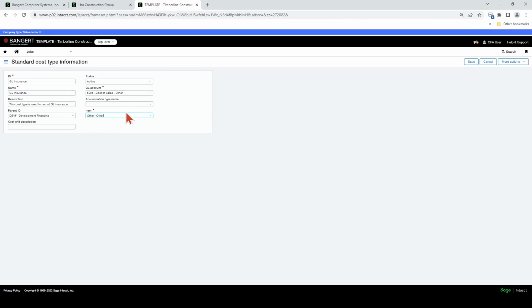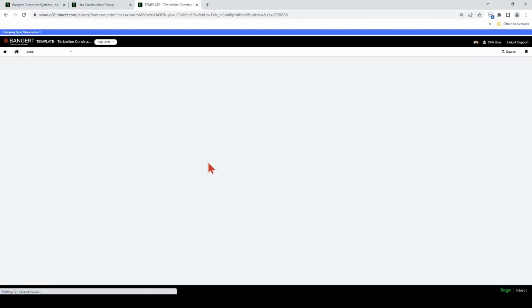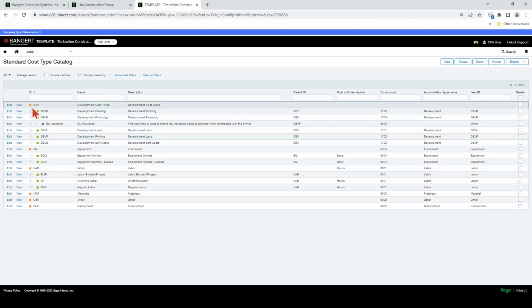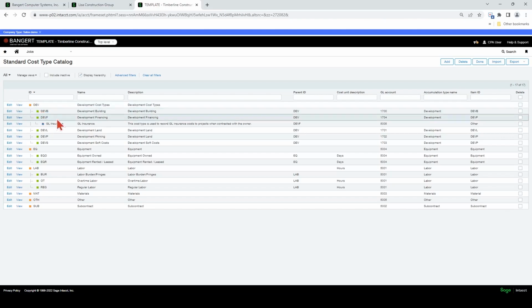Let's save this and see what this does. I put it to development financing under the parent ID, so it's going to subcategorize it under development financing. It's under the accumulation type development, and under the development financing cost type. So it's a sub cost type, the way that this was set up.